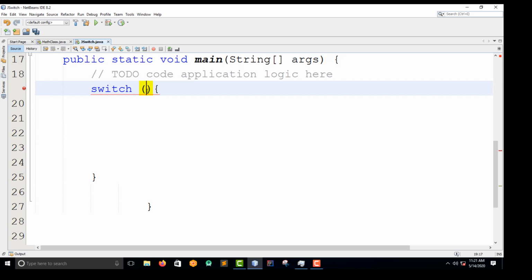The second thing that you need to know is that the value of the expression is always compared with the values of each case. So your expression that you have written here is always compared with the cases that you have written.